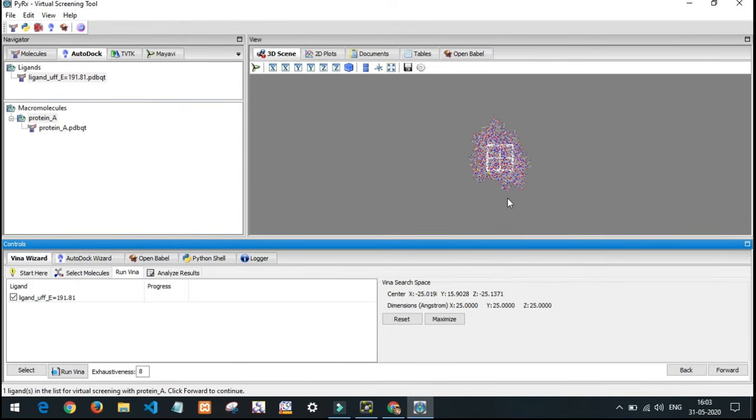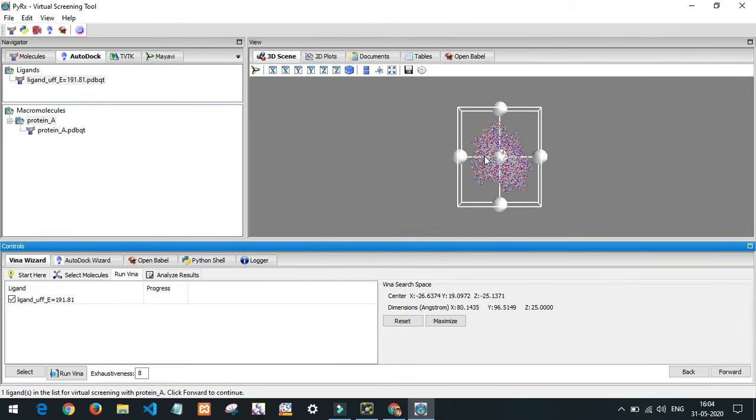Resize the grid box around the active site residues by dragging the white balls. Now the box has enough size to enclose all the residues. Now click Run Vina.